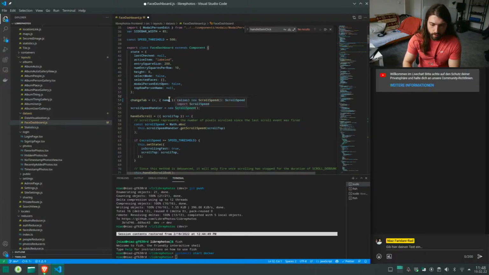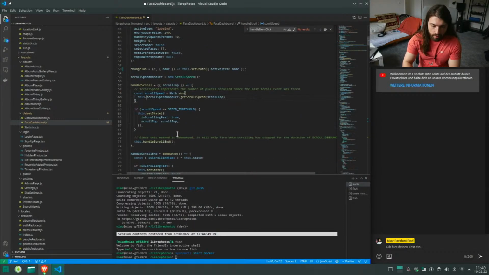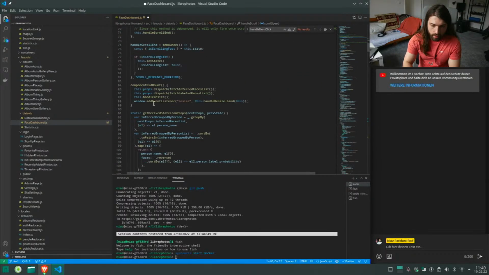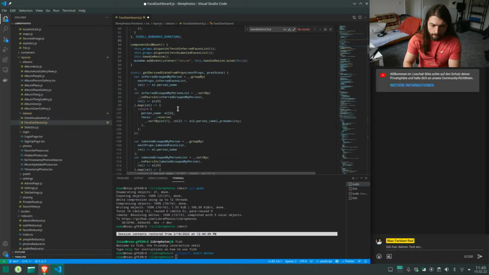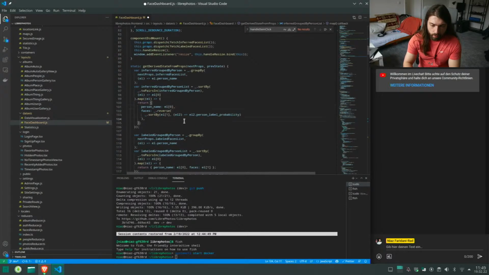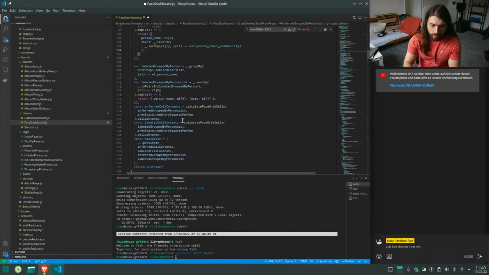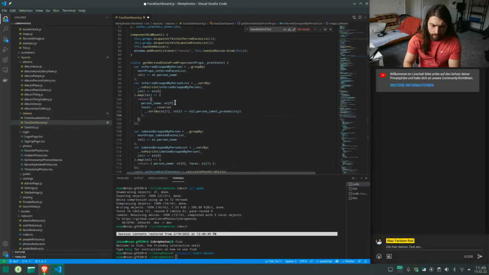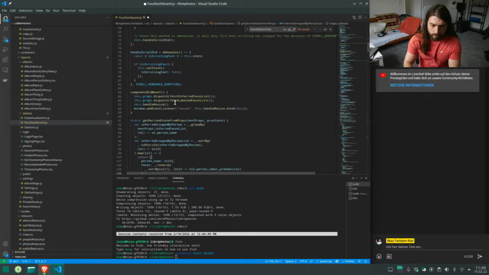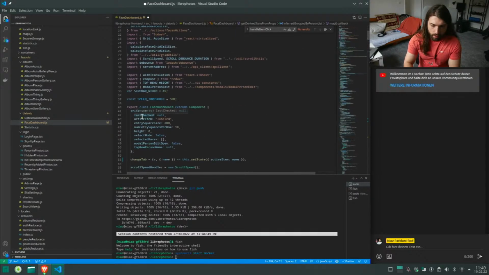Right. So the next thing is the scroll speed handler. Right. And then handle scroll, scroll end, component did mount, get derived state from props. Okay, that's a lot of stuff happening here. Right, let's go through all the